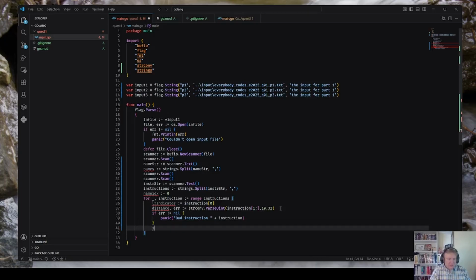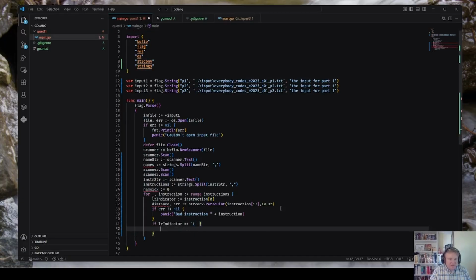Okay, if indicator is L, then if, oh yeah, so distance comes out as a given 32.